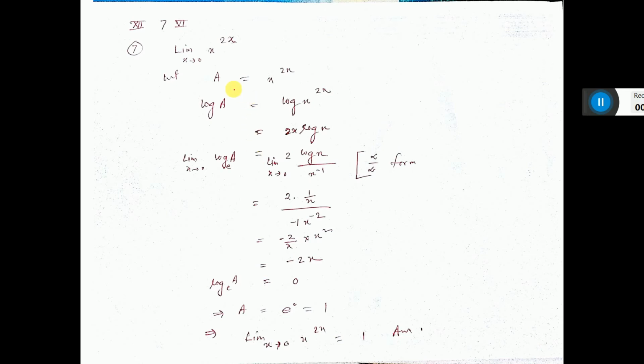This one, you see, base and power both are variables, so you have to take logarithm. So this is considered as a. After that, logarithm taken. Then this 2x is in the power, so it will come in front: 2x log x. This x is taken down as x to the power minus 1. Why is it taken down? Because to make infinity by infinity form. If it is this, then we can differentiate. That means we can apply L'Hospital theorem. So log x differentiation is 1 by x and x to the power minus 1 differentiation is this. It is coming minus 2x.